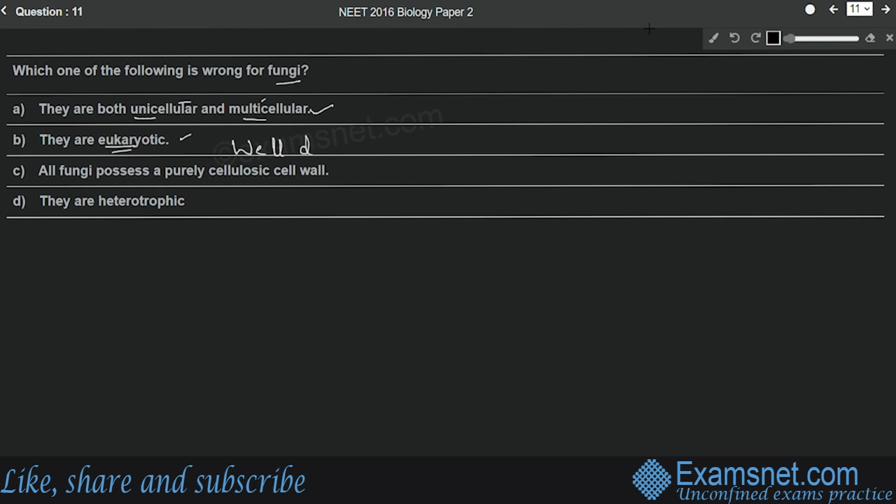This is also a correct statement because fungi have a well-defined nucleus, along with a nuclear membrane, and within this nucleus the hereditary material or the DNA is present. Okay, then the third